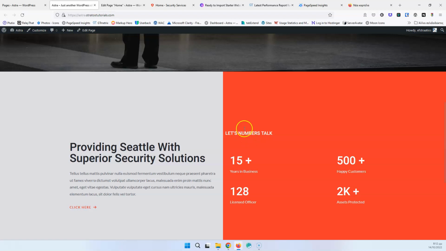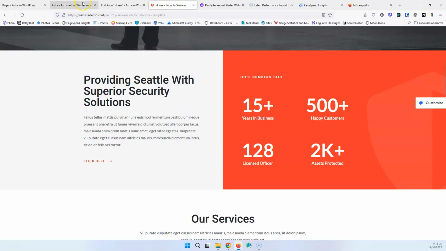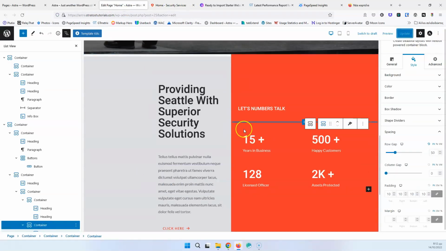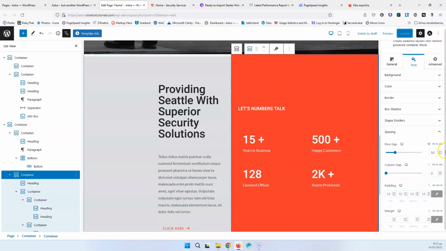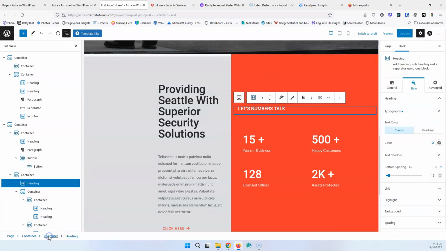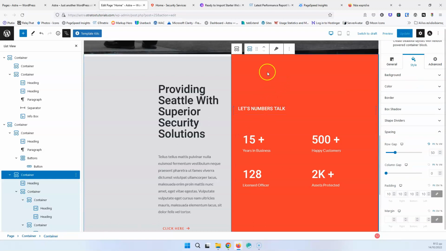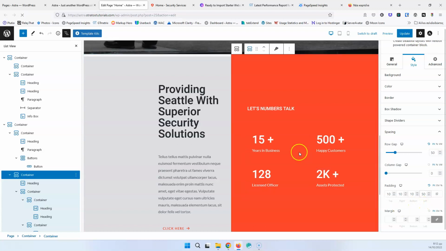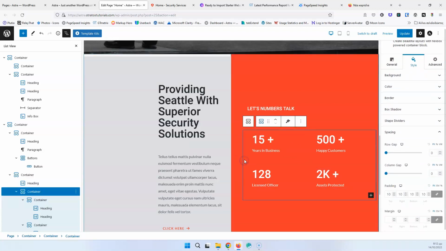the "Let's Number Talk". Okay, so in order to do that, I'm going to go here and I'm going to go into the column first, and I'm going to put a little bit of padding. Let's go and select the container. And as you can see, I click the container, but it goes and switches into the heading, and this is like a bug. So I'm going to unlink that, and I'm going to put the padding for the left to be 50. After that, let's go for the first container, which contains the columns, and this is the one,